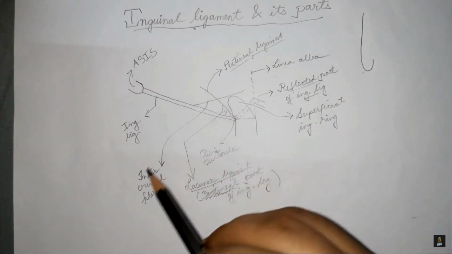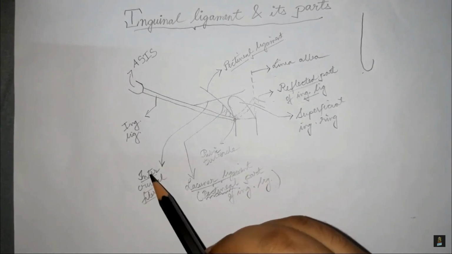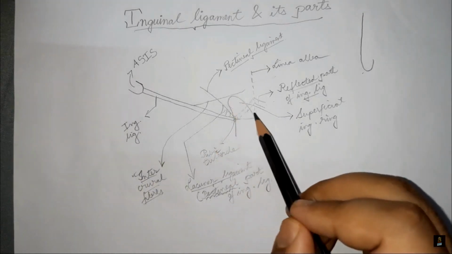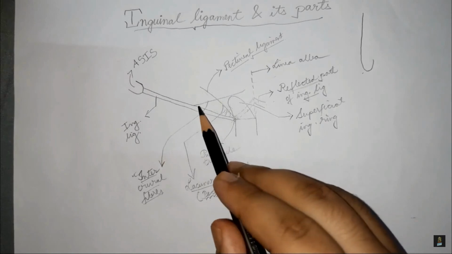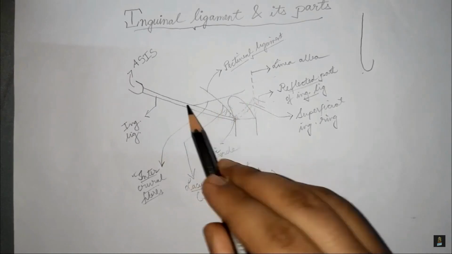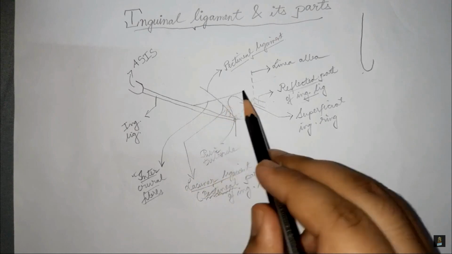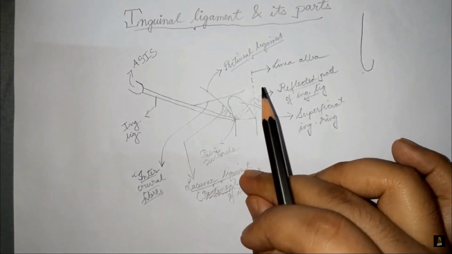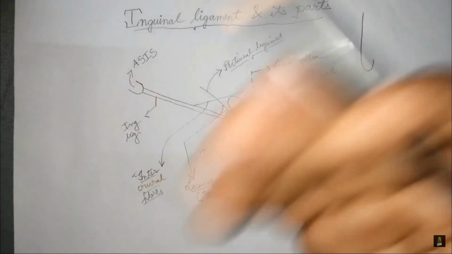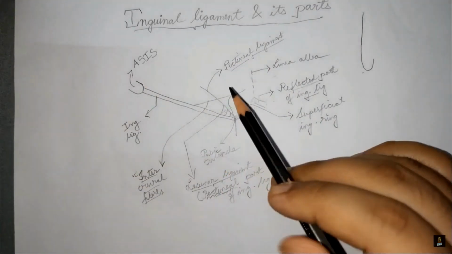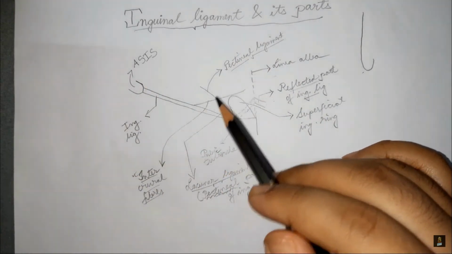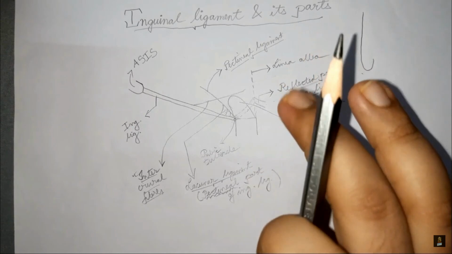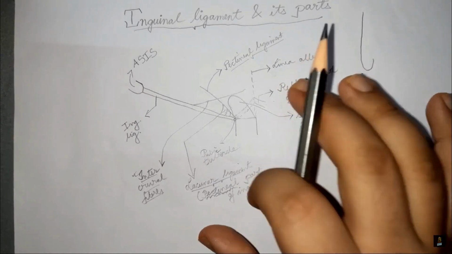So what does that have to do with intercrural fibers? Now see, the name itself is telling you intercrural, and I just mentioned that these are the two crura. So the intercrural fibers are running from the middle of the inguinal ligament towards the two crura, and they are keeping the two crura attached together. In the atlas, this will be very clear as to how this is happening. Okay, so this is just to give you a basic, very simple overlay of the inguinal ligament and its